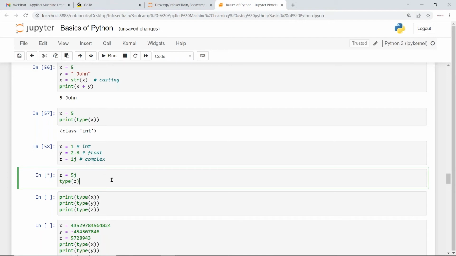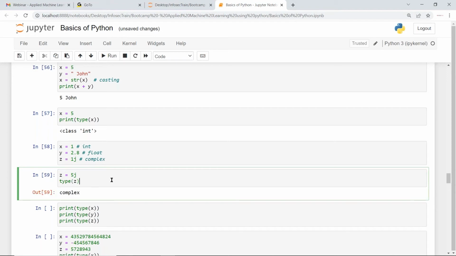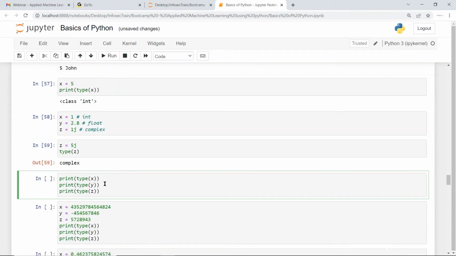Okay, so for numbers in Python we have three different types. The first one is the integer, the second one is the float, and the third one is the complex. These three are the different data types in Python for a particular number. And as we know, for text values you have the string